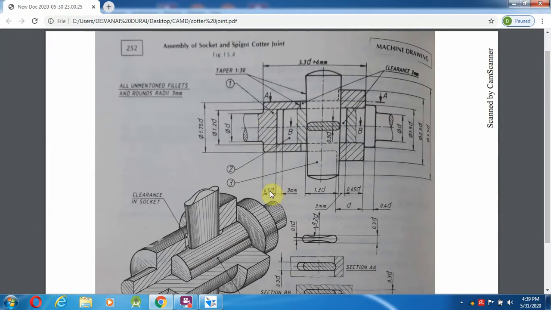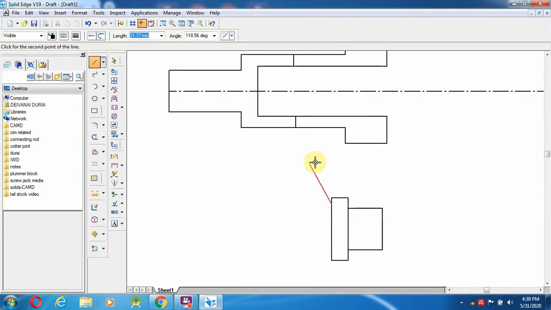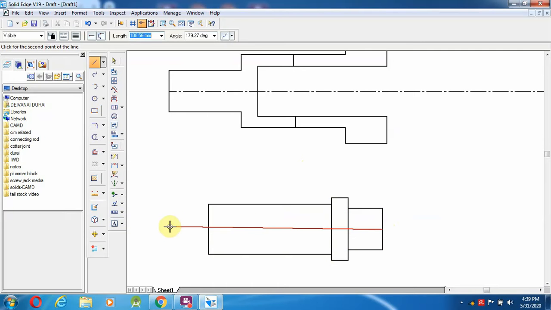So 72 minus 10, 62, 62 minus 3, 59 mm. So this line I am going to draw a 59 mm length, and down 24 mm, and I am going to draw a line. Okay, so like this I am going to draw.